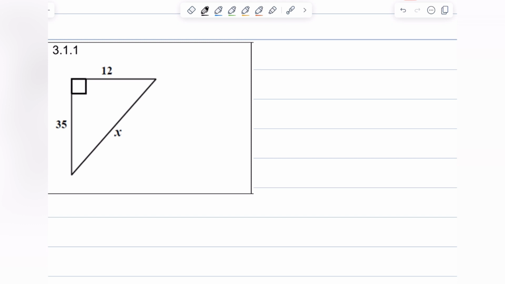So in 3.1.1, we have a right-angled triangle with sides 35, 12, and the unknown side x. Now, of course, we know that the unknown side in this particular triangle is the hypotenuse. How do we know this? So side x, the longest side, is right opposite the biggest angle. So we can say that the hypotenuse over here